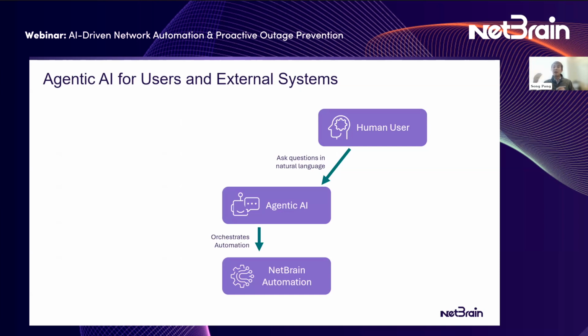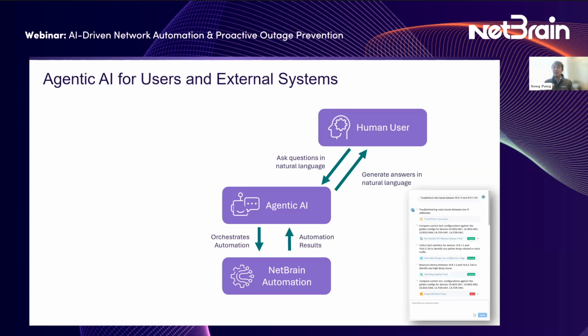If the users are now able to use natural language to ask AI to help accomplish certain tasks, AI understands all the automation that's available to them, orchestrates the right automation, takes the results of the automation, and then generates those answers and summarizes them back in natural language to the user. So this further makes the hundreds and thousands of automation intents that NetBrain has within it much more accessible to the user for the task that they have.